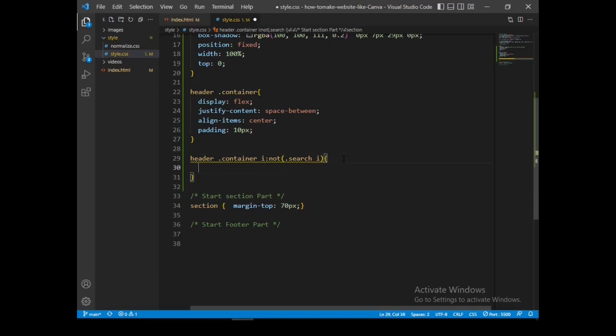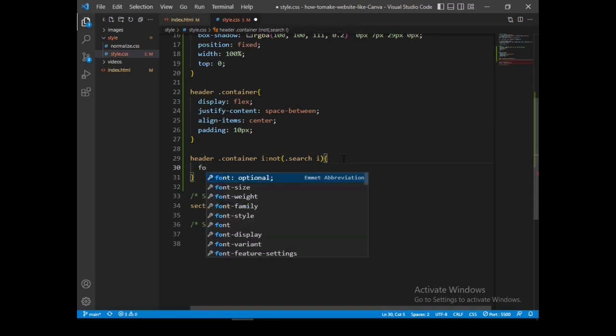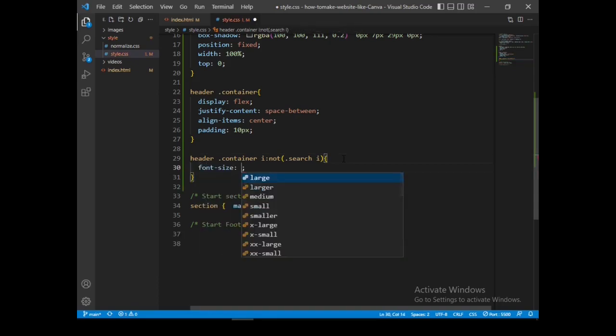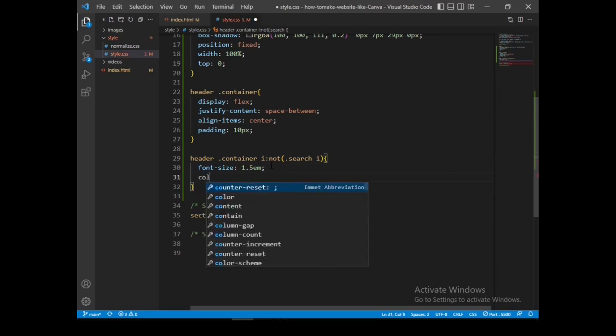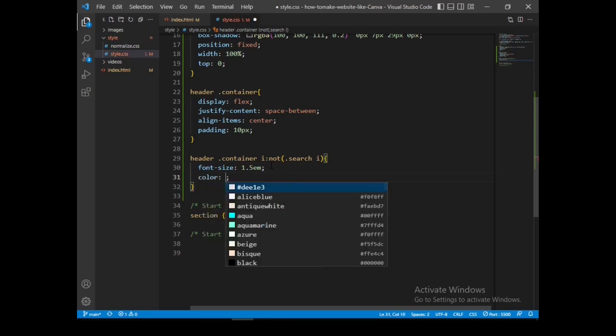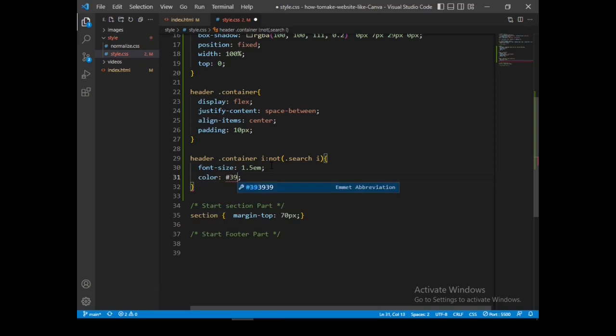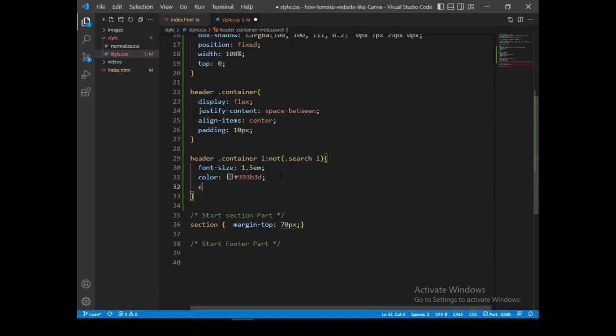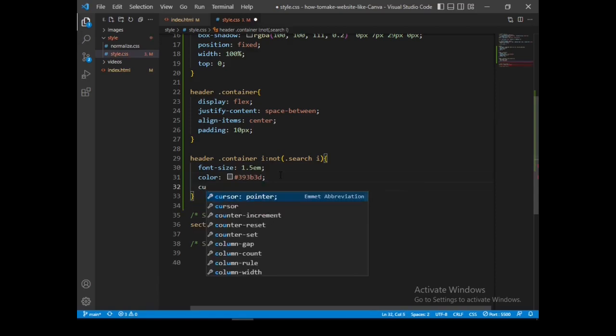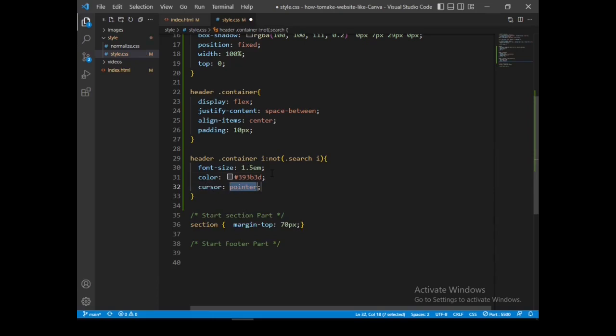We're going to change the font size. Let's set it to 1.5em. Then the color of the text, okay, 3B3D, like this one. This is the color of the text. Then also let's put on the cursor pointer.